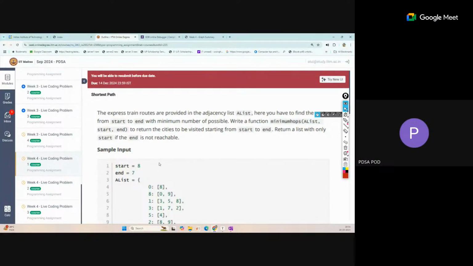I want to skip the direct solution. I want to discuss the approach only, and I also want to hear approaches from your side. So if you have another approach, you can also discuss. As you know, any problem may have different approaches. So if you get some different idea in your mind, you can also discuss. Okay. So now the first problem is the shortest path problem, and here we are solving the problems